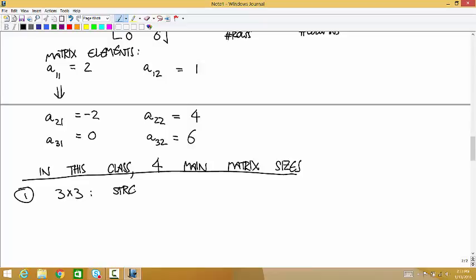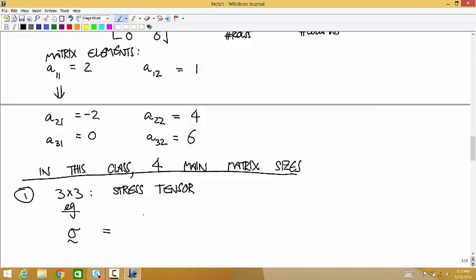So the stress tensor is represented as a matrix. For example, it's represented with the Greek letter sigma, squiggle,